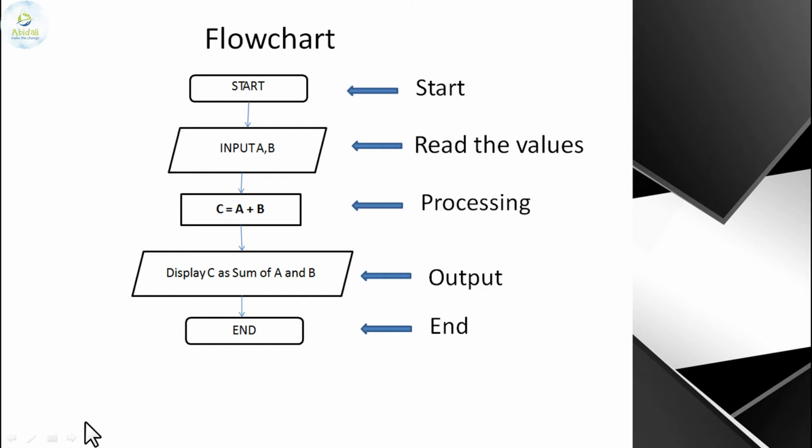After adding two numbers we need to display the result. See, after each step there is an arrow indicating where it is flowing. From the start it flows to input, from the input it flows to calculation or processing, and from the processing it flows to the output or the display. After the result is displayed and all the steps have finished, we stop the flow or stop the program. That is the end of the flowchart or the program. So draw it neatly once so that you get familiar with the flowchart.